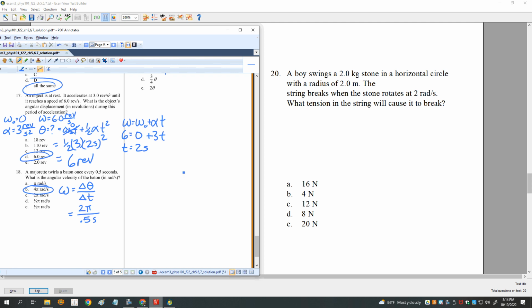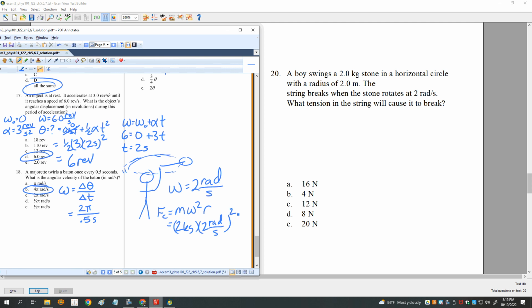I have this boy swinging a stone in a horizontal circle like this, and when he has it rotating at 2 radians per second, that means that the centripetal force on that is equal to m omega squared r. The mass of the stone is 2 kilograms. Omega is 2 radians per second, that's squared, times the radius is 2 meters. I got happy with the 2's there, didn't I? 2 times 4 times 2. That's 16 newtons. That is the centripetal force